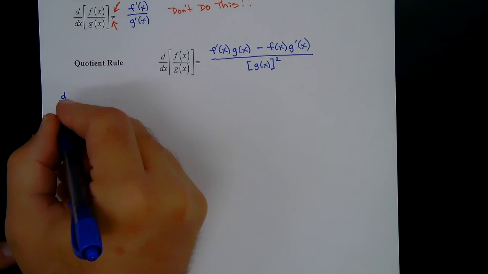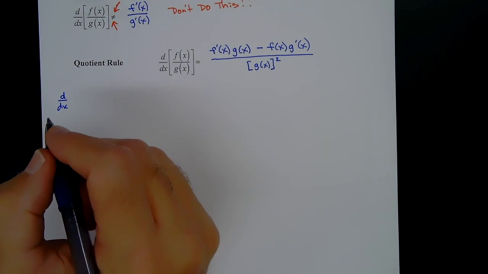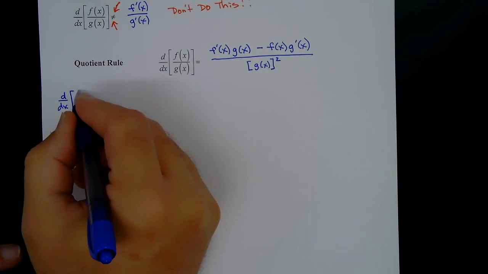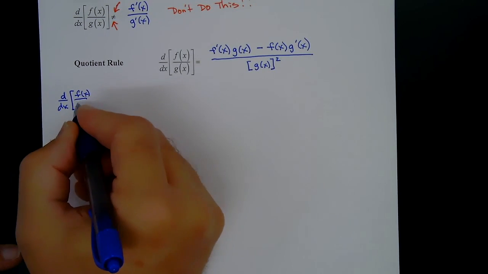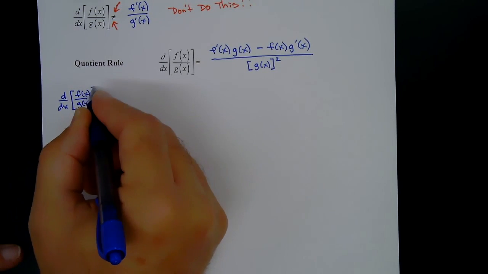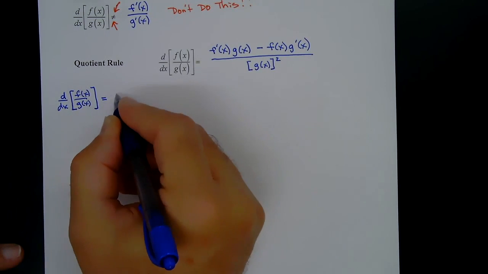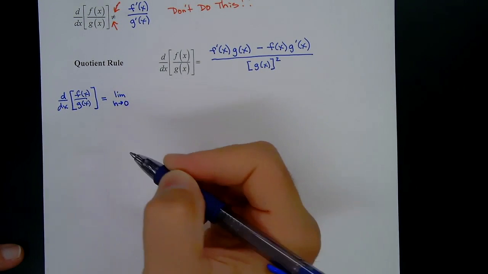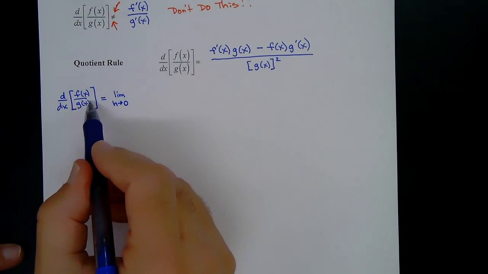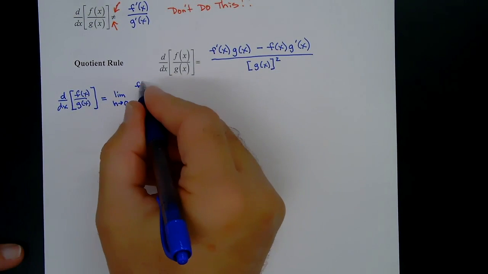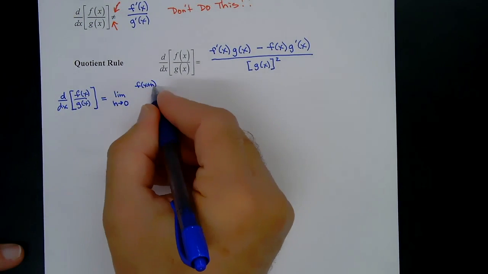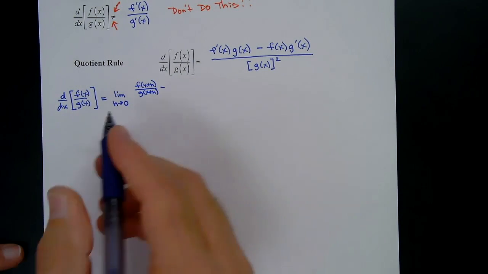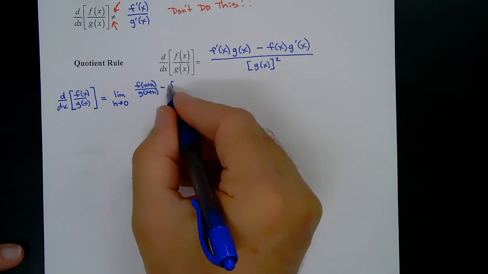So put your boots on and we're going to go for it. d over dx of f of x over g of x is equal to, and this becomes a limit, the limit as h approaches 0 of, we're going to put x plus h into this function, so it's going to be f of x plus h over g of x plus h, minus the function all by itself, which is f of x over g of x,